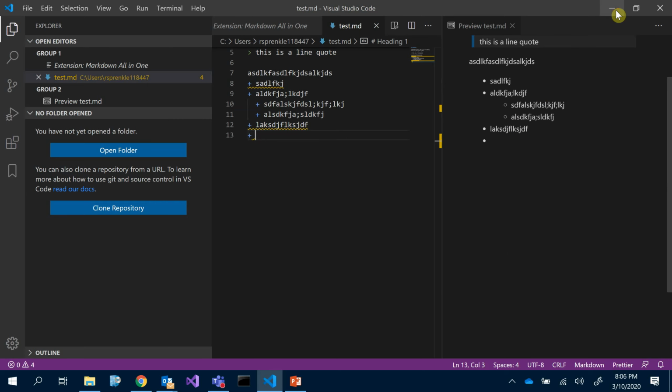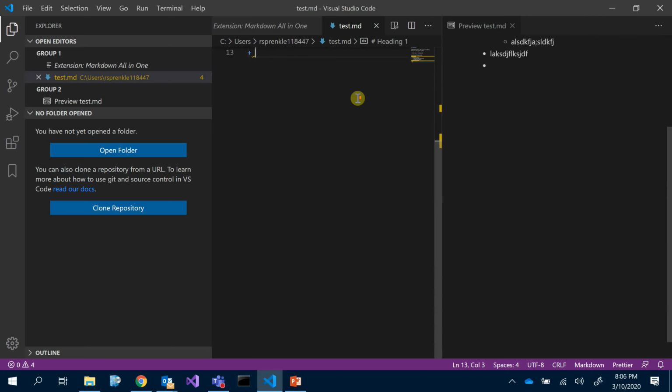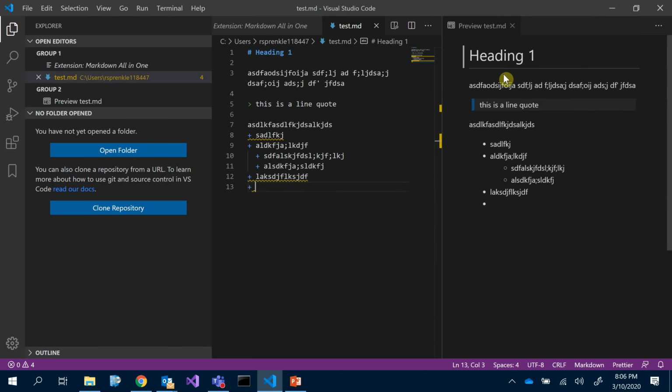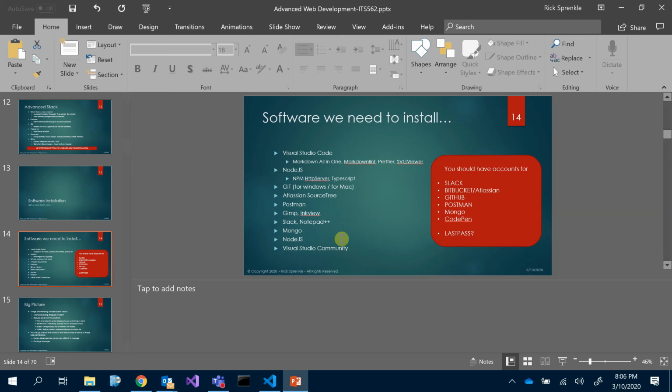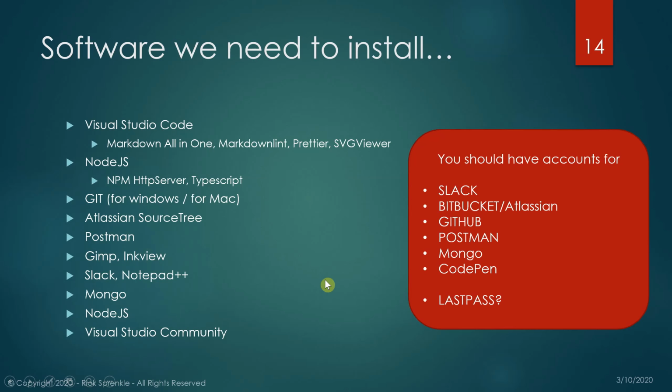And we'll come back to this, but I just wanted to show you that this is Markdown. It does a great job making some pretty documents just from this kind of syntax. And then let's see. So when we go back to our apps that we're looking to install, have you done